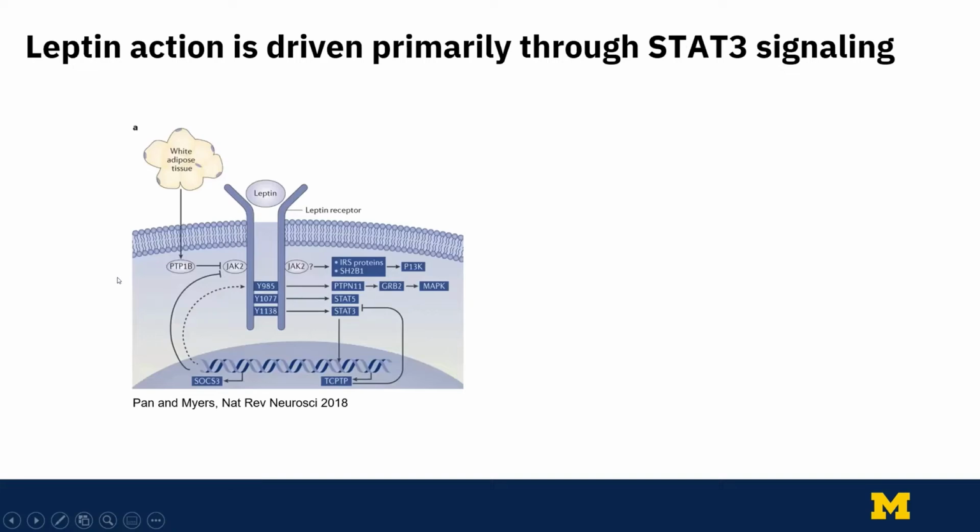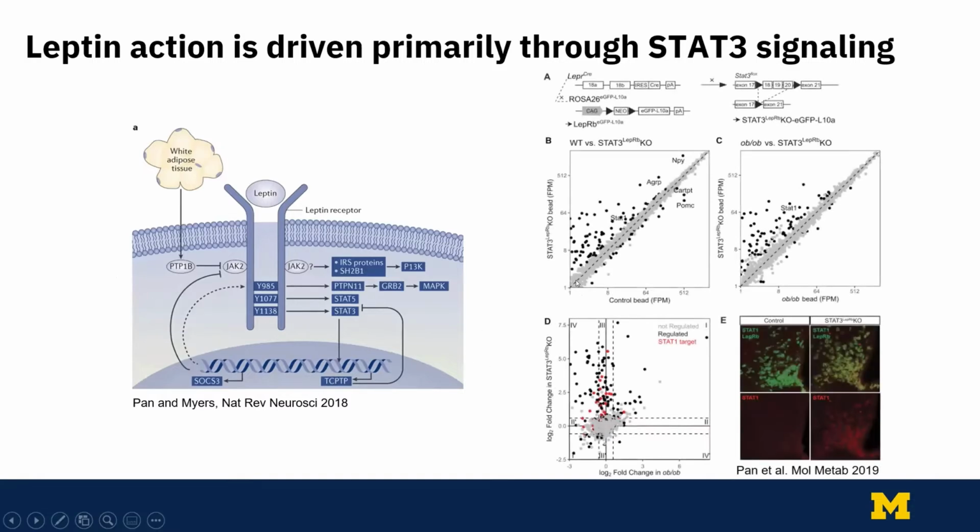So we know that leptin mediates its effects predominantly through a JAK-STAT signaling pathway, where leptin binding to the leptin receptor results in phosphorylation of the transcription factor STAT3 and transcription of STAT3 target genes. We had previously shown by deleting STAT3 in leptin receptor cells that the transcriptional effects of leptin are almost completely mediated by STAT3. So for example, STAT3 versus OBOB,